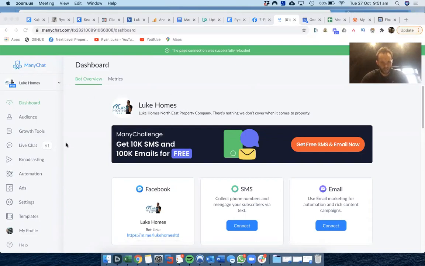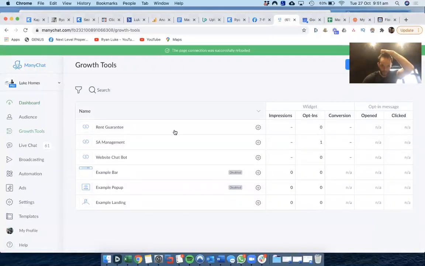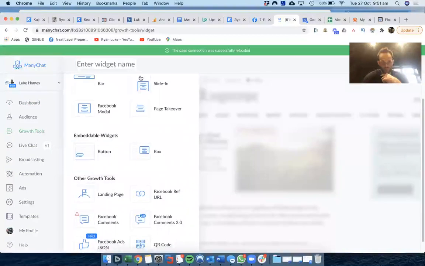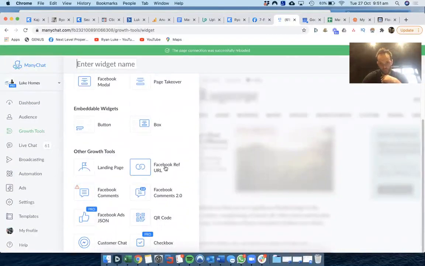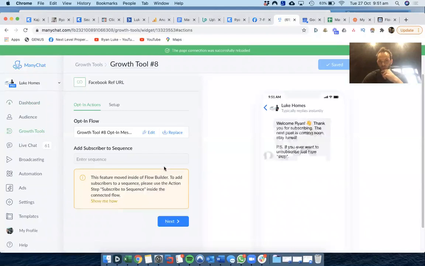So ManyChat is the software that you use and you need to go to your growth tools section. And then what you want to do is add a growth tool. So you've got various different options of where you can place them, but most of them will be these Facebook ref URLs, which basically is a ref link. Always name your growth tool here. So I am going to do a quick sale